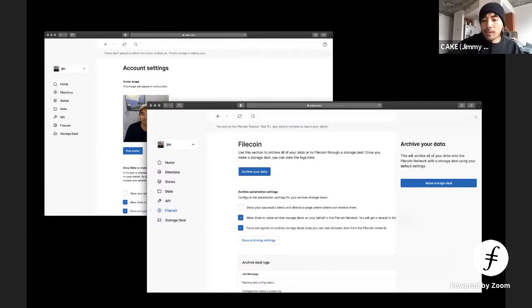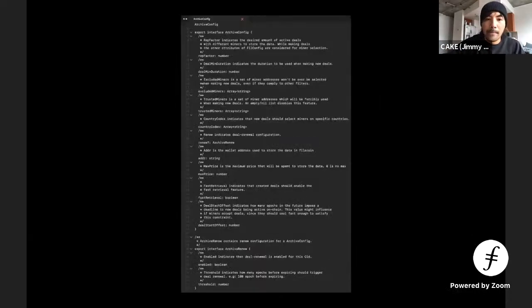So we let users opt out of automatic archiving if they don't want their stuff automatically archived. We force encryption, so only you can retrieve your storage deals or give permission, and you can give permission through Slate too. So that would be cool. And that code,